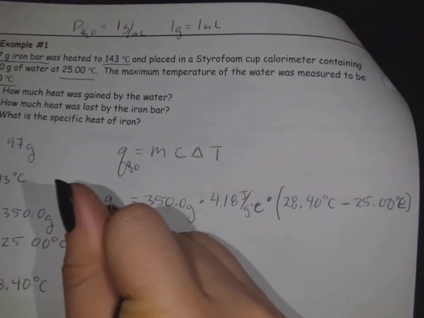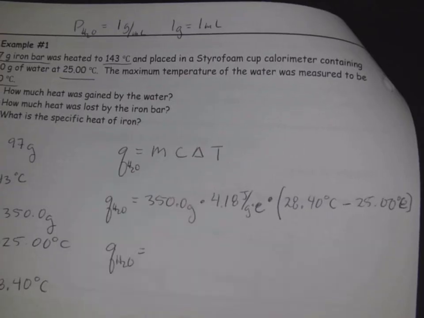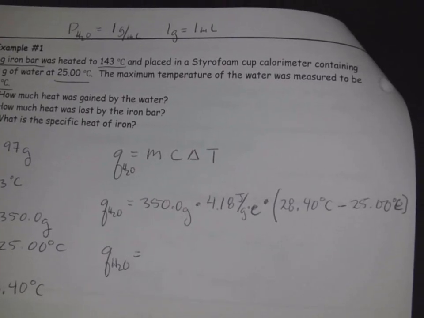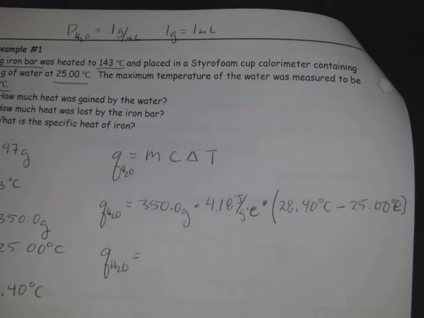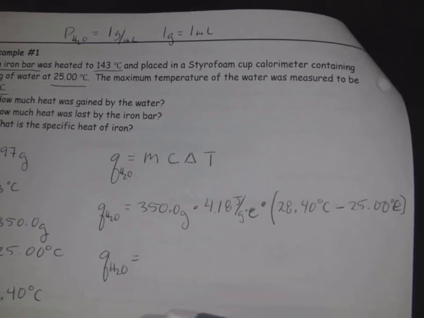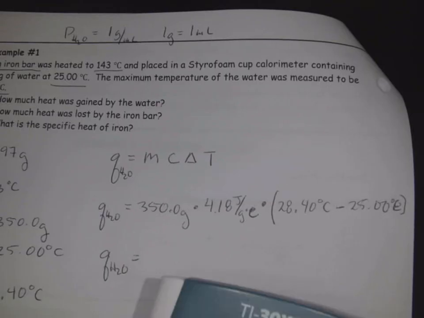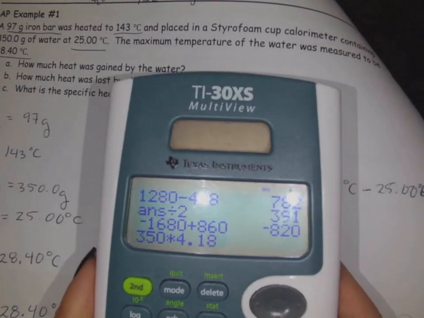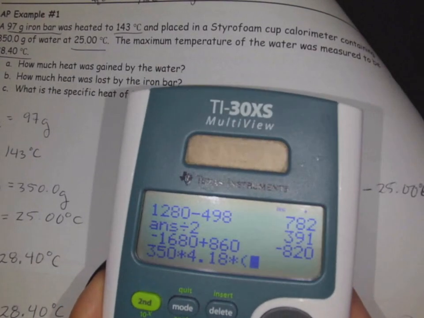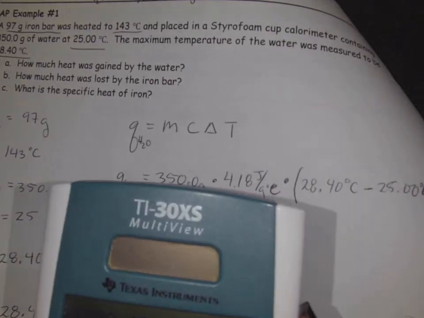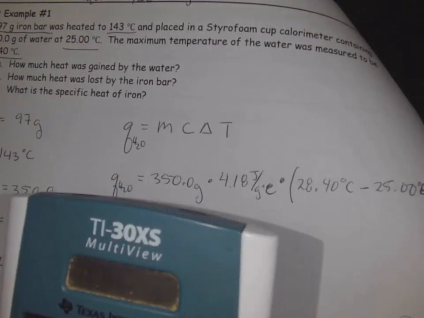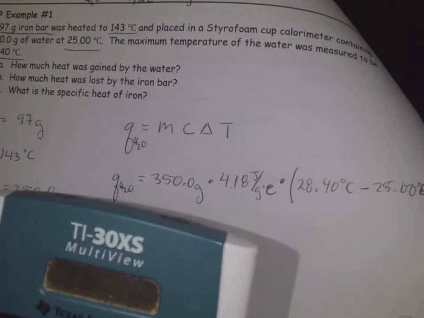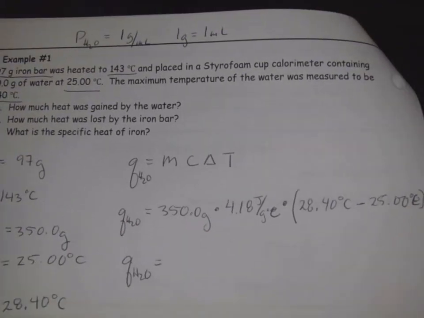Okay. Plug that in my calculator really quick. 350 times 4.18. Now, I need to put this in parentheses for the final minus the initial. So temperature final, 28.4, minus my initial, 25. And we get